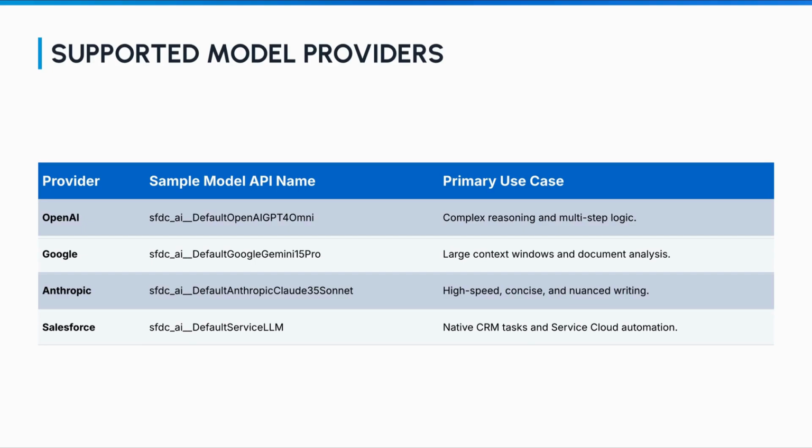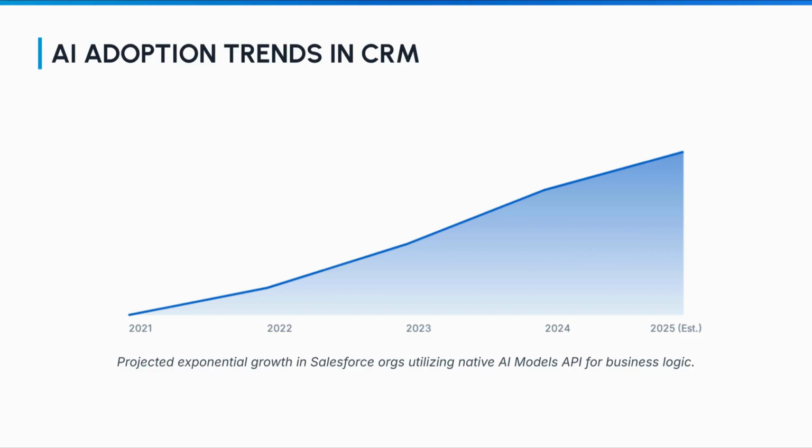So as per your use case, how big your project, how big your task, you can decide which model is required for this one. So you can use that. And as we all know, Salesforce is improving day by day. It is always ready to adopt new technologies, and right now it's adopting AI features in CRM. It is building its infrastructure day by day. So it has Agentforce, Agent Builder,